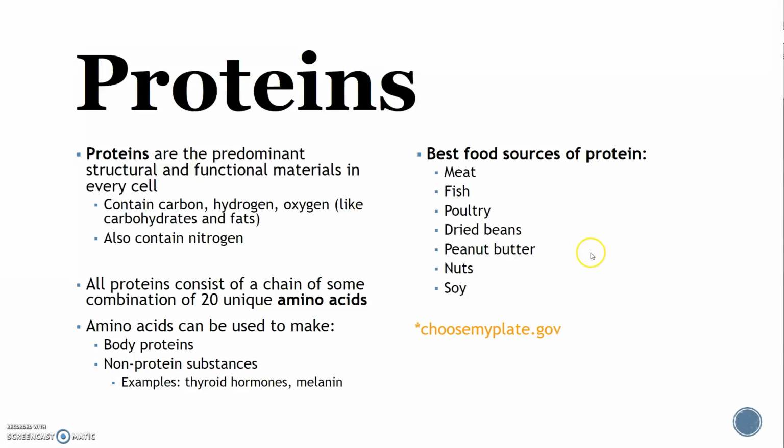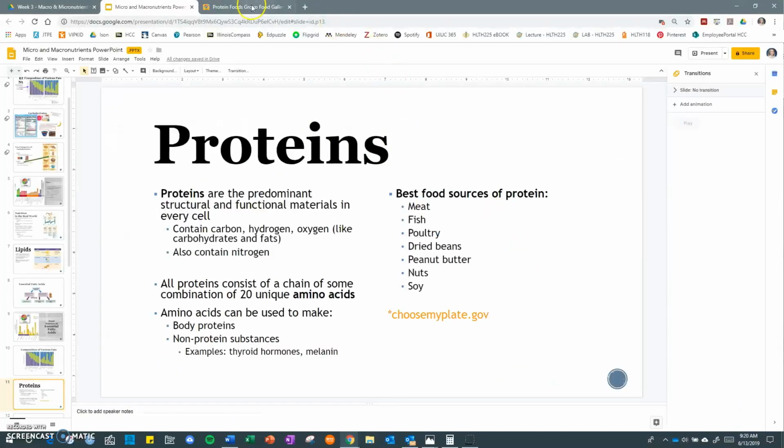You'll note that on our choosemyplate.gov website, we do see that we have a food category called protein, even though protein can be found in all the food groups. But this food group called protein is called protein because it has the best sources of protein. So let's quickly pop over to our